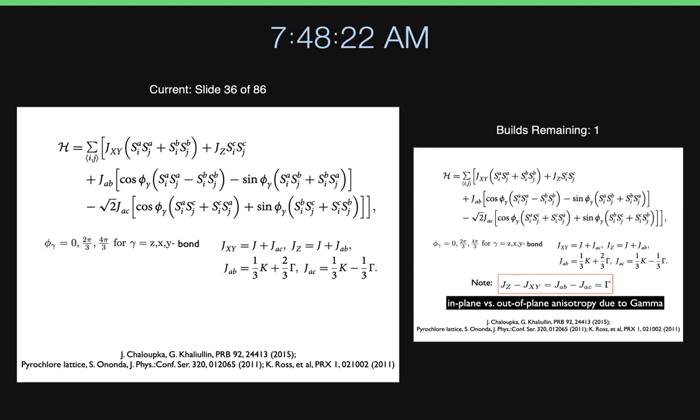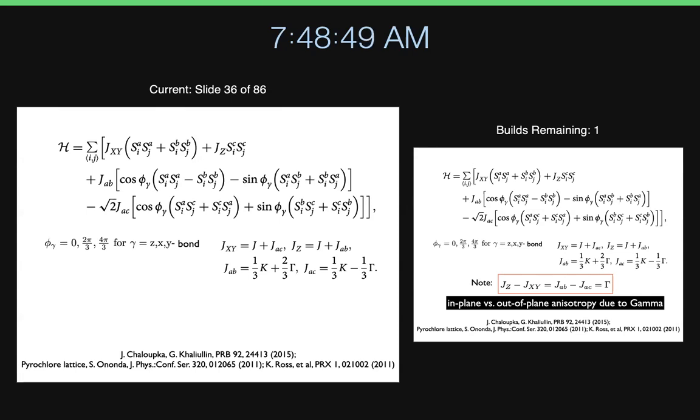If you go back to this very nice paper by Guignat and collaborators, they call A here and B here, so it's a slightly different notation. I don't know which one is the best because I don't like any of them, but on the other hand, I don't want to call them just the unknown A and B. So I have changed them into JAB and JAC. Since I just rotated the coordinate, of course, these are related to the original J, K, gamma.